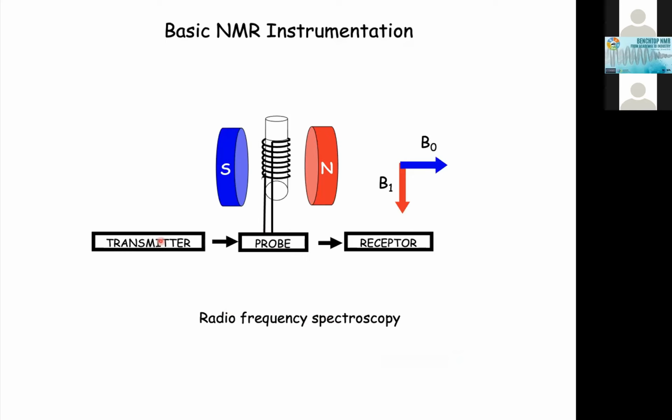As in radio, we call it the transmitter, and the sample holder, as Thiago already told you, is a probe where you put a coil, and what the transmitter does, it sends the radio frequency here, and this coil transforms this radio frequency into one oscillating magnetic field called B1. And the direction of B0 has to be always transverse to the B1. And like in the radio frequency, our detector, we call receiver. Then NMR